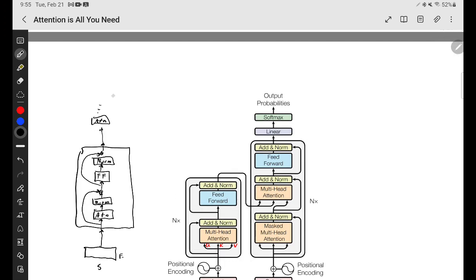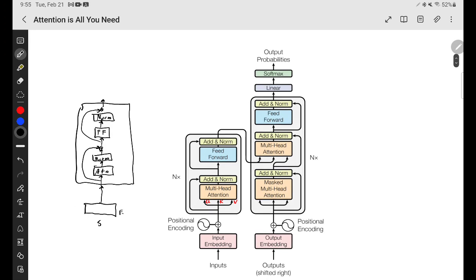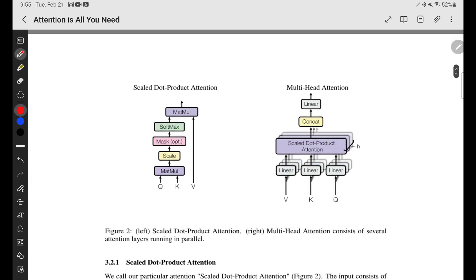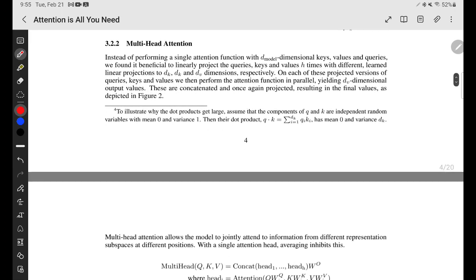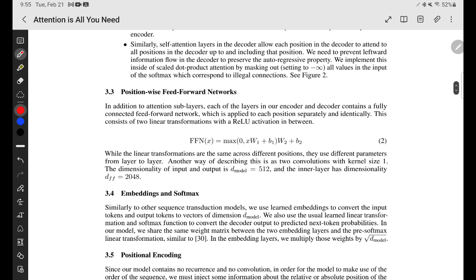But so we have that, and I want to go into this residual or this feed forward part real quick. And then we can get into the architecture. The feed forward part is defined here,